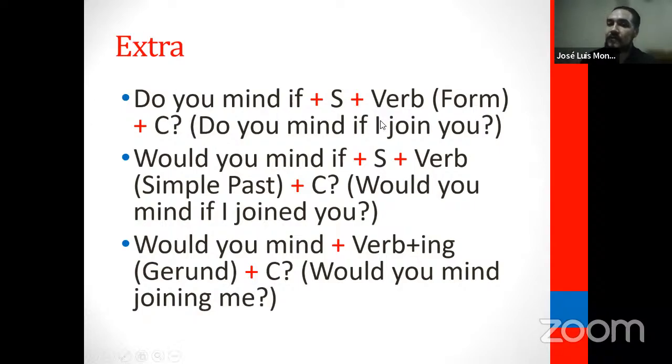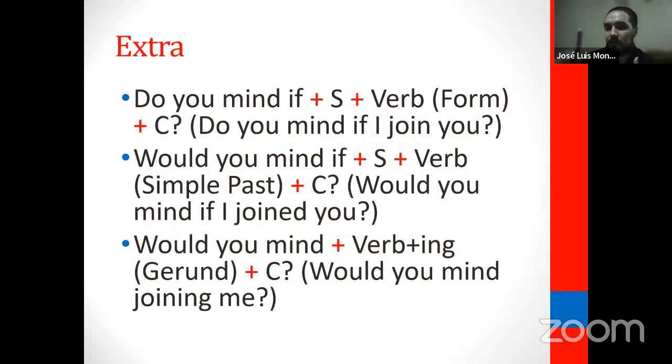Like in this example. Do you mind if I join you? Right? You're asking for something. Or do you mind if I close the door? Right? So you're asking for something if the action that you're going to do is not going to bother, is not going to annoy anybody. Right? That's the purpose of do you mind? It's the same with would you mind if,